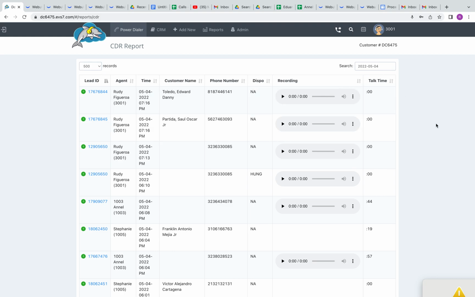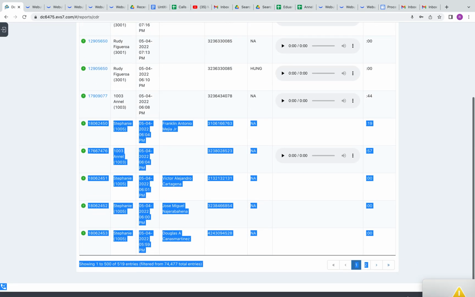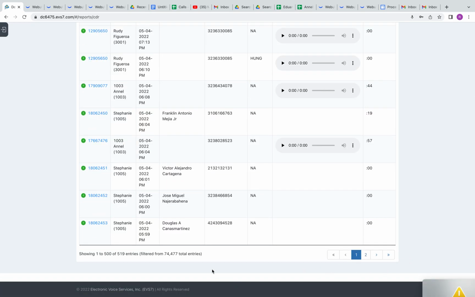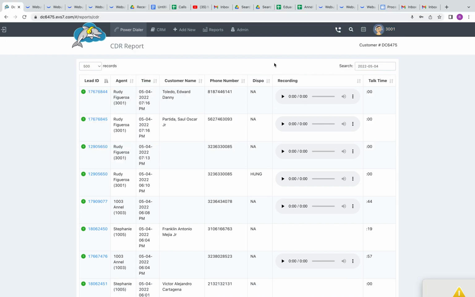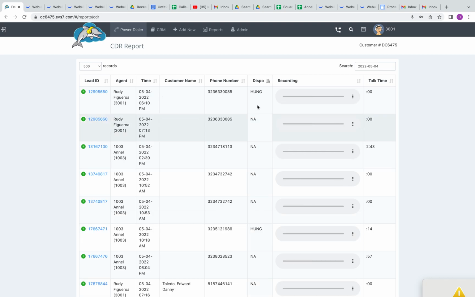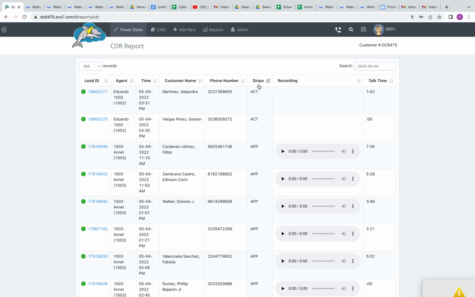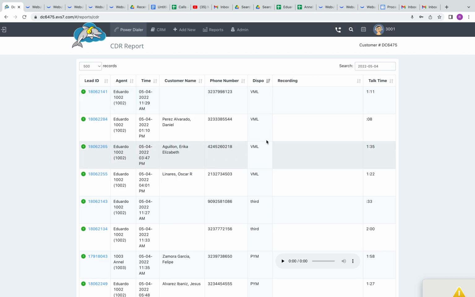These are all the calls for today. It's 5:17, so as of now, we have a total of 151 calls. If I go to disposition, it's going to categorize every call based on the disposition that you selected. This allows me to have an idea as far as how many customers, how many appointments we set up. Let's look at it real fast. It's going to put them in order.